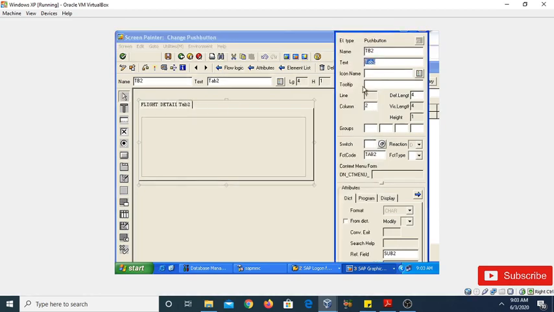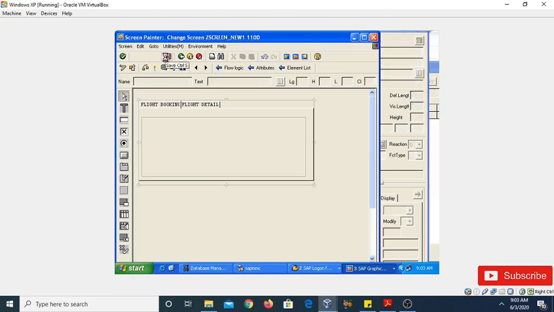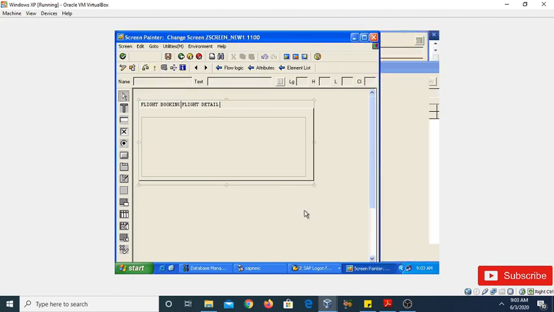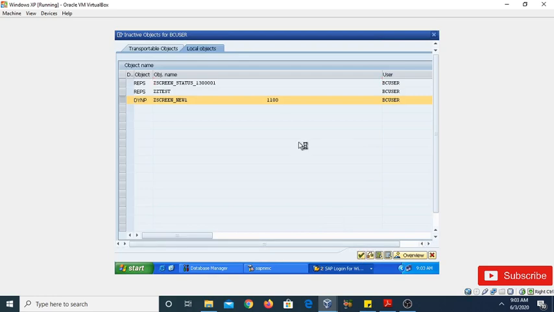Sorry, we need to give the flight detail here. Now click on the save button, compile it and then activate it.